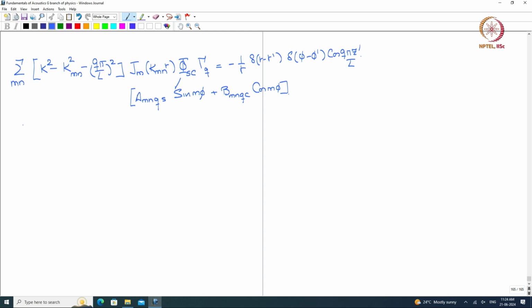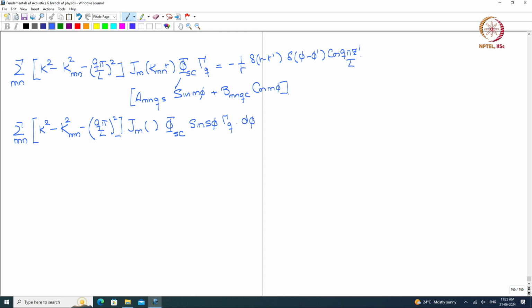So summation mn, k square minus k square mn minus q pi by L whole squared, Jm, phi sc, into sine, let us say s phi, into gamma q, into d phi,